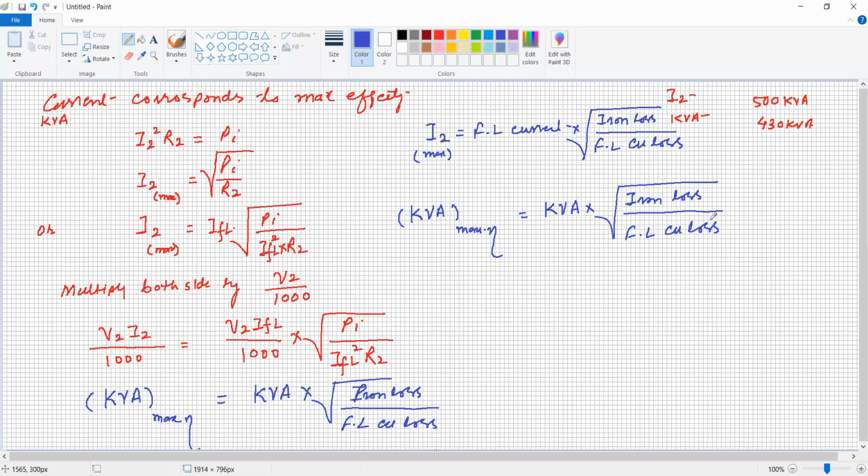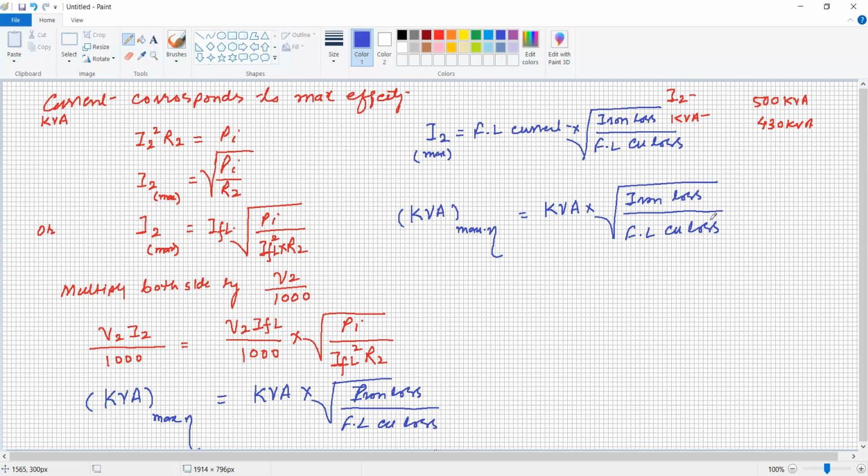So in this way, our conclusion from these two topics is that the efficiency of a transformer can be calculated at any desired loading as well as power factor as X into kVA multiplied by power factor multiplied by 10⁻³ divided by the same X into kVA multiplied by power factor into 10⁻³ plus iron loss plus X square full load copper loss. And maximum efficiency occurs when the copper losses become equal to the constant loss.